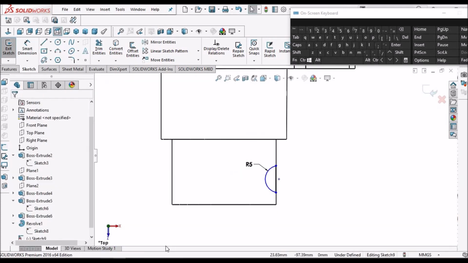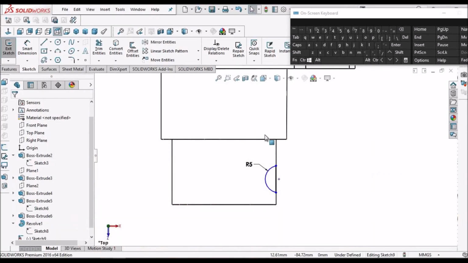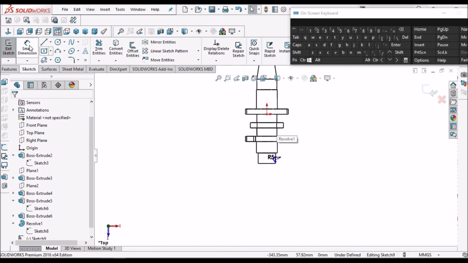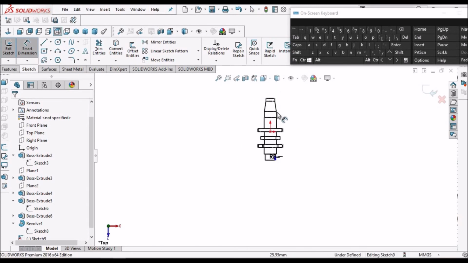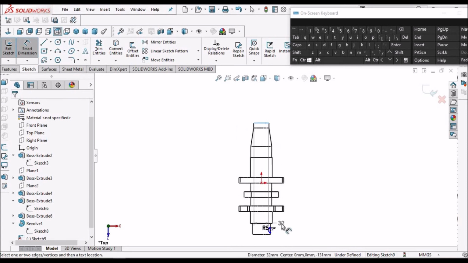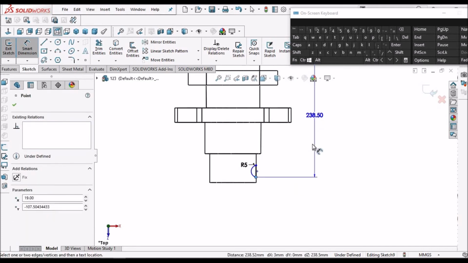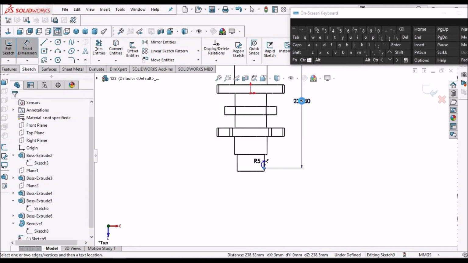See, still it is not constrained, so what we need to give is the distance from this end to this edge is 250. So go to small dimension, select this and this edge. So it is 250.